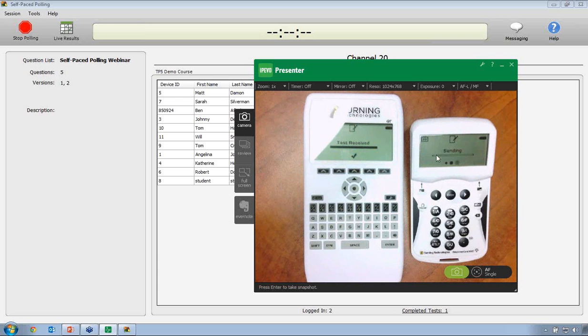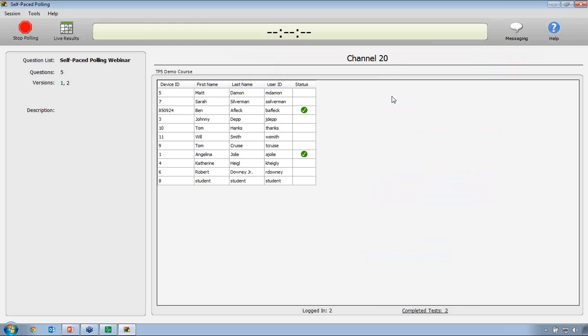Okay. You're going to see here on the screens, it's going to send the test to my computer. And then it's going to log the student out of the test. Here on my status window as the teacher, I can see these 2 participants are finished. Down here at the bottom, I can also see I have 2 logged in users and 2 completed tests. Okay, so I know I'm good to go.